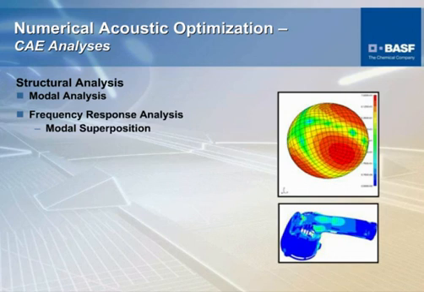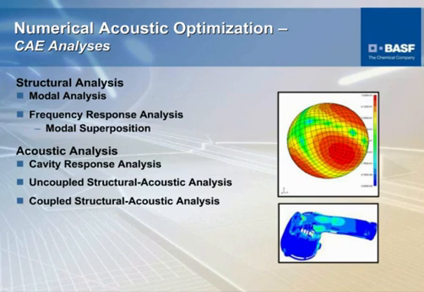We can also do some acoustic analysis by looking at cavity response analysis, that is the source or the wave inside a box, for example. We can look at uncoupled or coupled structural acoustic analysis, meaning whether there is compliance between the exciting medium and the surface of the structure or not. So we can simulate it as uncoupled or coupled, and then we can do the optimization